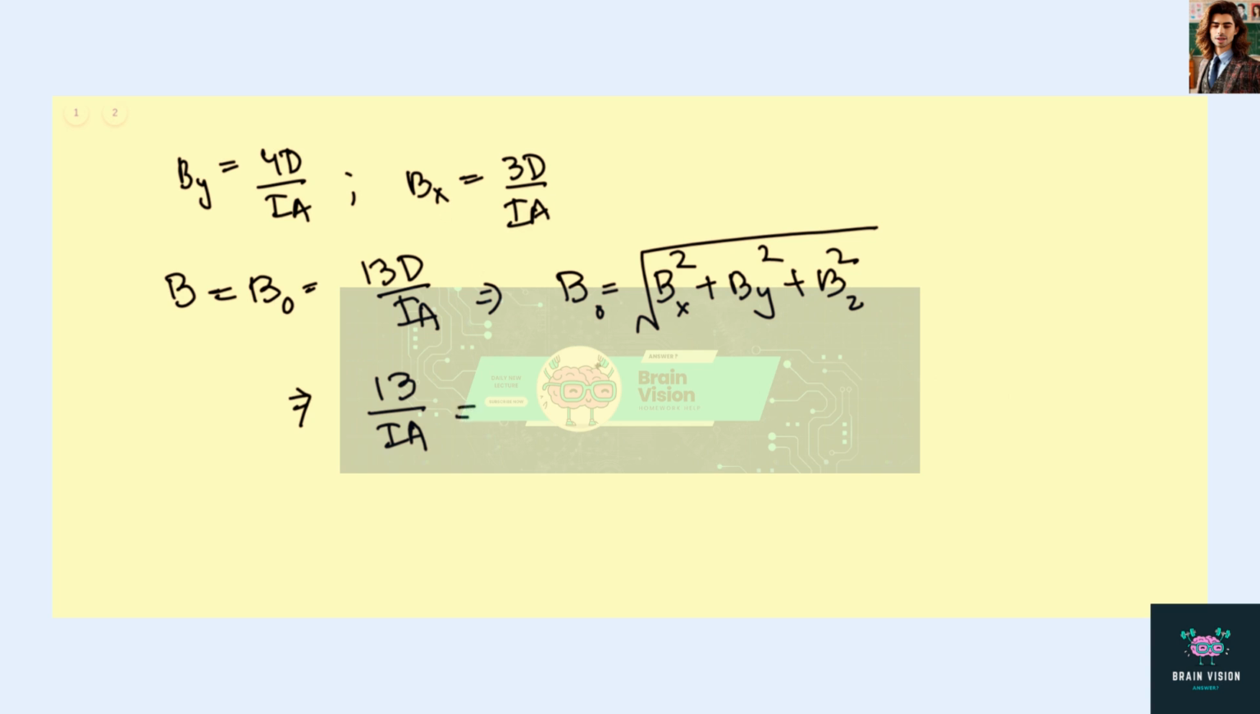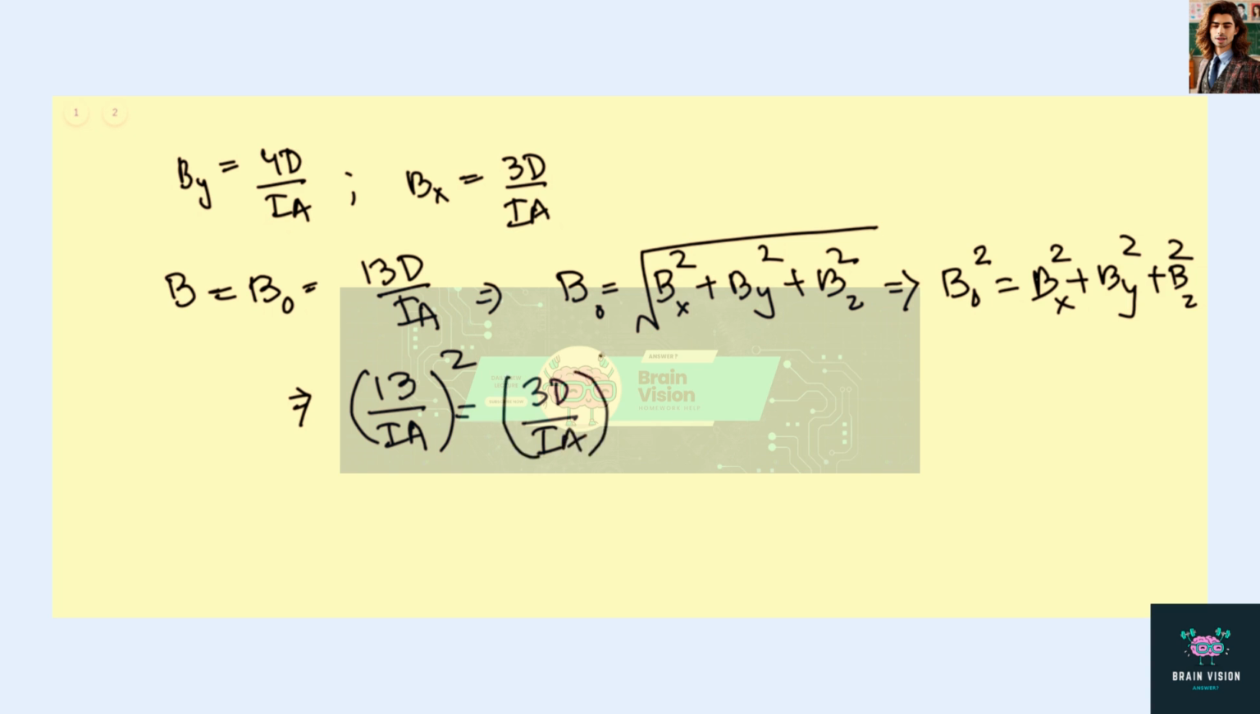This should be equal to the square root of Bx square plus By square plus Bz square. So let's just write it in this form, so I think that will be much simpler. So we square both the sides. So we are left with this square is equal to Bx square, which is 3D over IA square, plus 4D over IA square, which is your By, and we have Bz square. And from here we can calculate Bz, which will be plus minus D over IA